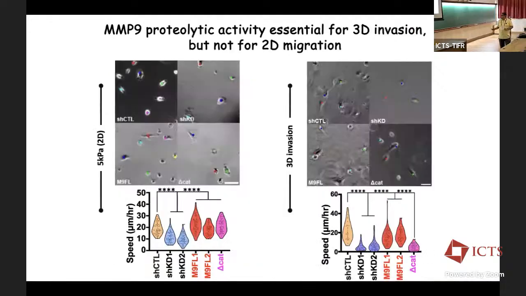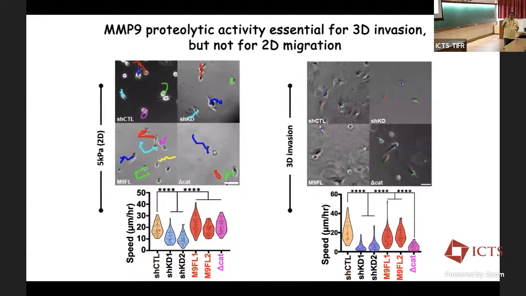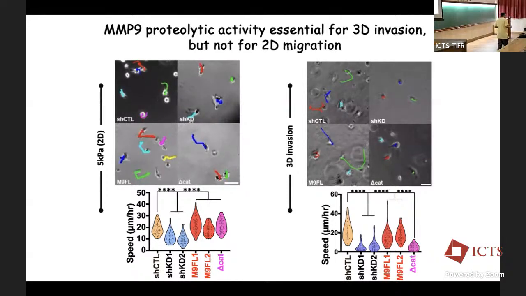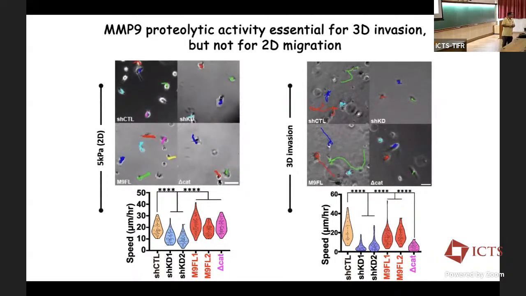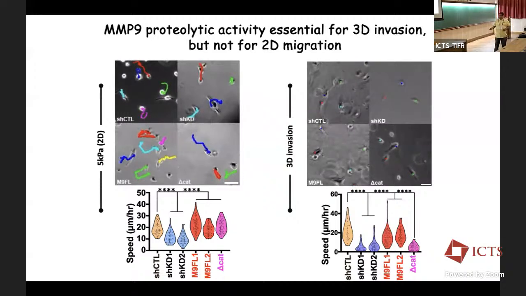So we did the same set of experiments in the context of migration, and once more we found that delcat, which is the inactive MMP9 re-expressed cells, rescue motility to the same level as full length MMP9 cells, which means that for migration also